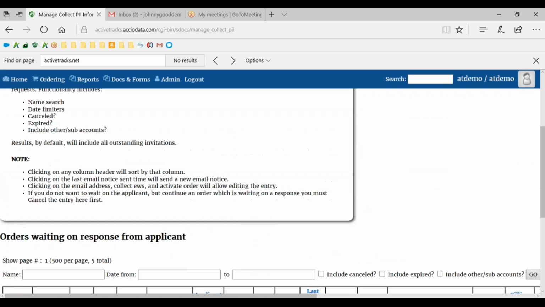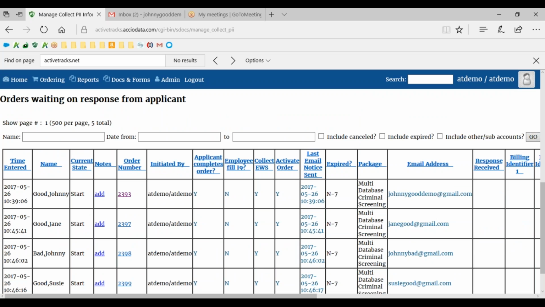Now, you're going to scroll down and see all the applicant invitations that you have outstanding right now. The first column says the time that invitation was entered, when you or your hiring manager placed that order, initiated it, and who the order went to. It's going to give you the order number. Then, if you have several users, like a hiring manager A and maybe a hiring manager B or assistant, it's going to have their user identifier here, so you'll know who placed the